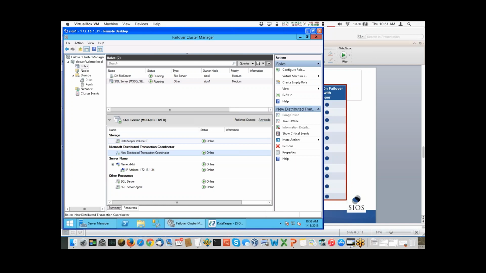So remember, with a clustered instance of SQL, you're not managing two separate SQL servers. This is one clustered instance of SQL. So you don't go to both sides and create databases and make changes on that side. You just connect into the name of the clustered instance, in this case called DKFCI. So you always connect into the same name or IP, and it just happens to route you to the active